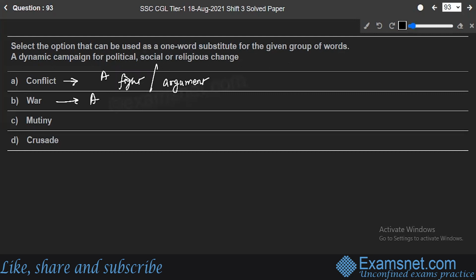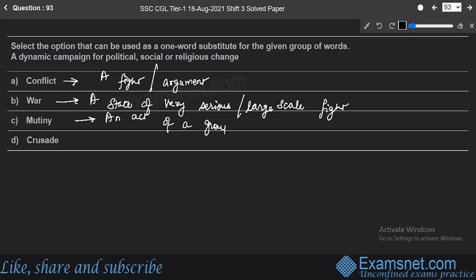War means a state of fighting, a very serious and large scale fight, maybe between two countries or two communities or something, right? Then mutiny, it's an act of a group of people refusing to obey the person. Then crusade means a vigorous campaign